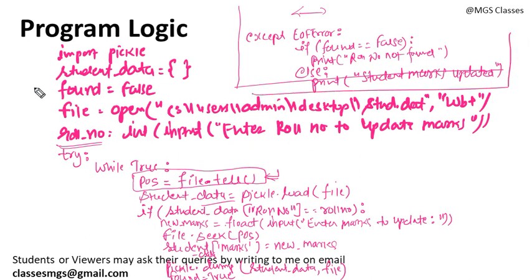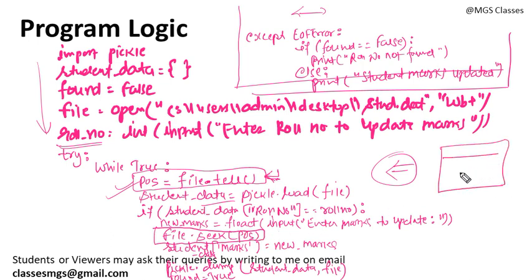Okay, so now you will go and try to make changes to the search logic that we have built. This is basically code to get the current position of the student data that you are trying to update. This code is basically used to go to the position of the record. Let's suppose this is the file.